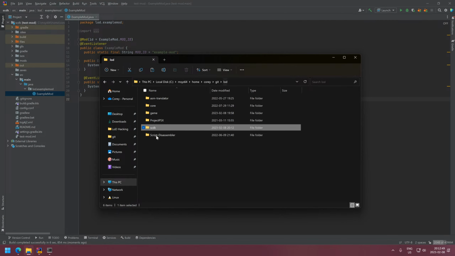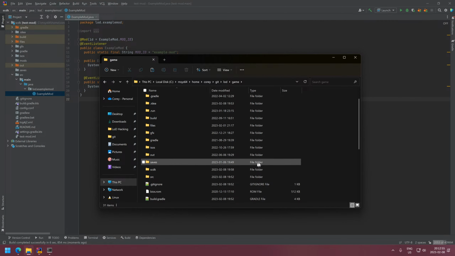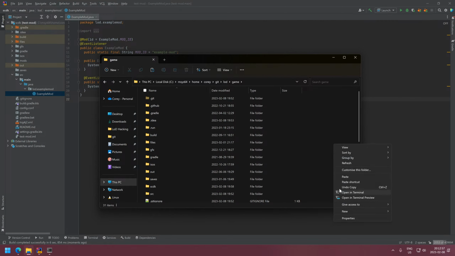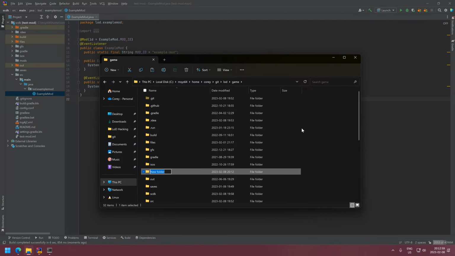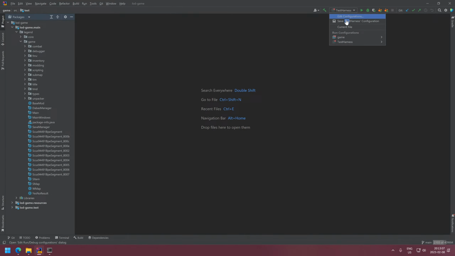So I'm going to copy this. We're going to pretend we just downloaded that from a mod portal on the internet. Normally there would be a mods folder already created for you. All you have to do is copy the mod into the mods folder, and then when you launch the game,